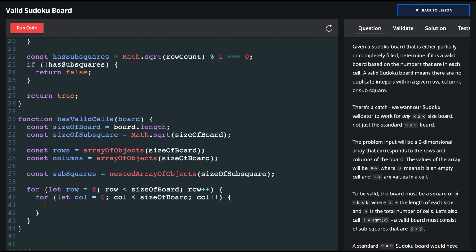Now we just iterate through all the cells in the board. We use nested loops to go through all the cells for each row and column index combination. First, we just check if there is a number in the cell. If it's 0, the cell is empty, or if it's greater than 0, it means this cell contains a value. So if we do have a value,